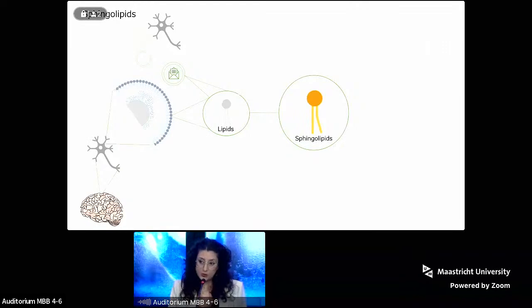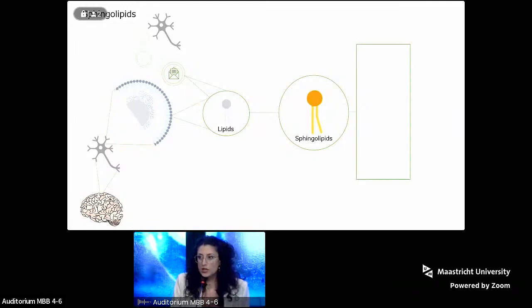The main cells of the brain are called neurons, and as most of the cells in the human body, they are made by a membrane constituted by lipids. Lipids are fatty molecules highly present in the brain and can be divided in different subclasses according to their biological and biochemical properties. One of these subclasses is sphingolipids. Sphingolipids are also highly abundant in the brain and can be divided in two main categories: the ceramide, which is the smallest sphingolipid, and the sphingomyelin, which is a more complex sphingolipid that derives from the